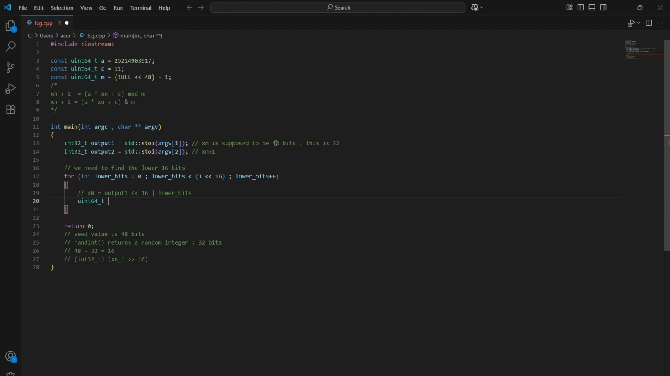So a 64-bit unsigned integer, we'll call it xn, would be equal to, we take the output, we shift it 16 times, and then we OR it with the lower bits. So we do a bit mask OR with the lower bits. Now we have to typecast this twice. The reason for this is because the output 1 can be a negative value also, and when we shift the negative value without